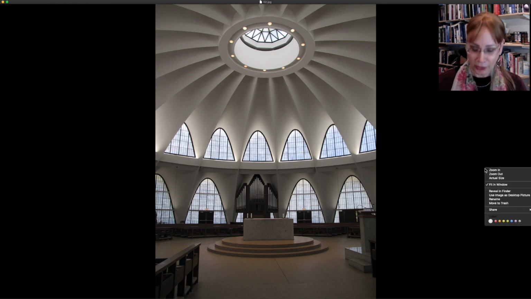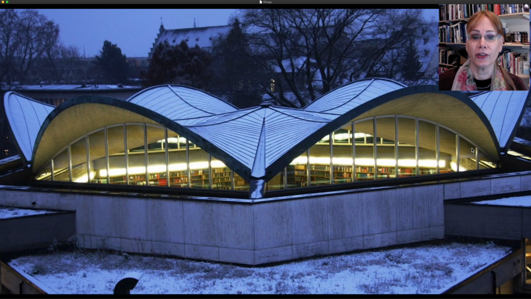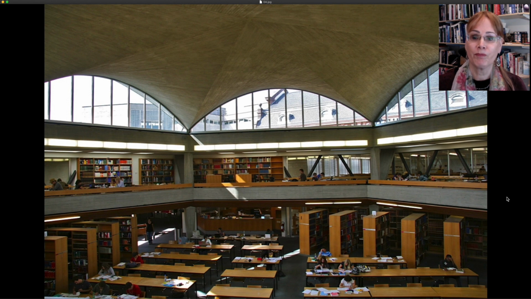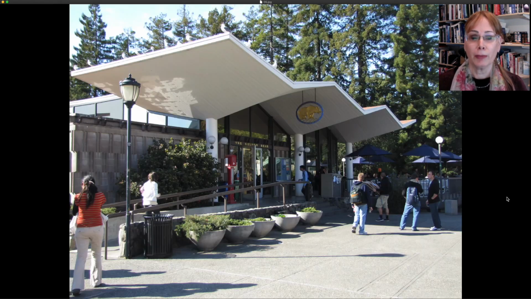Or such as this project. This is a library for the University of Basel in Switzerland. It has these petal shapes that again rotate around a center. There's the interior space. Or another example are these inverted umbrellas at the Student Center at the University of California